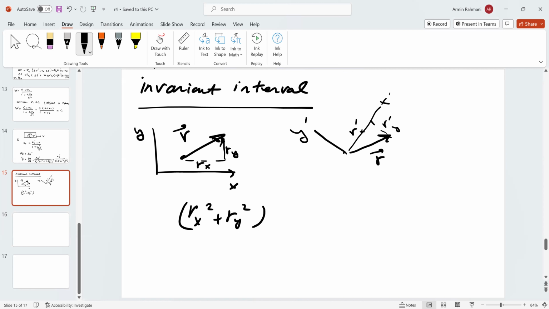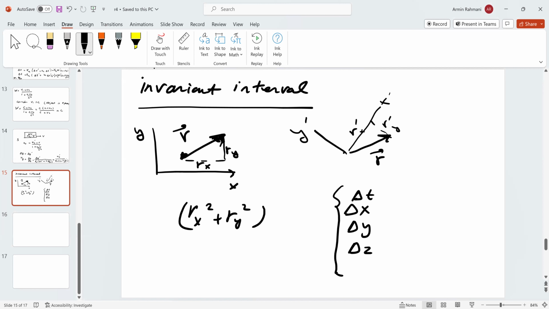So a vector r is like a displacement from one point to another. So delta x, and also we can have delta y, delta z, and delta t. These things can be thought of as the components of some vector in a space that also includes time,